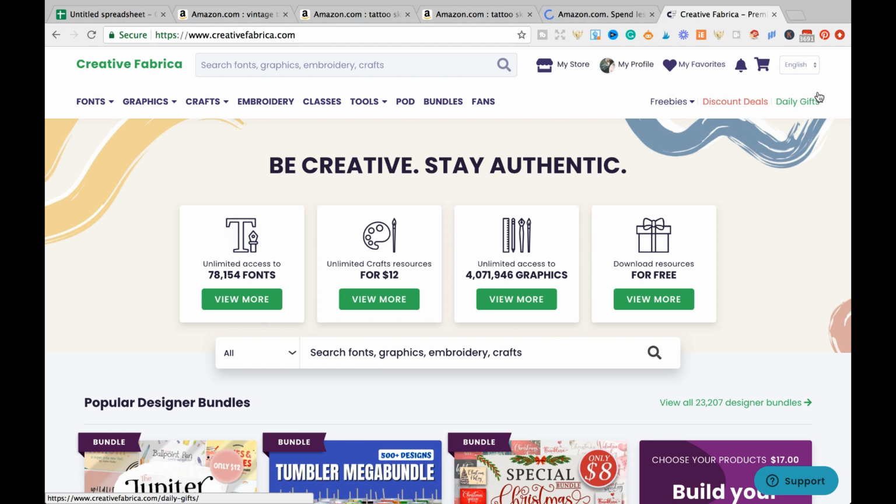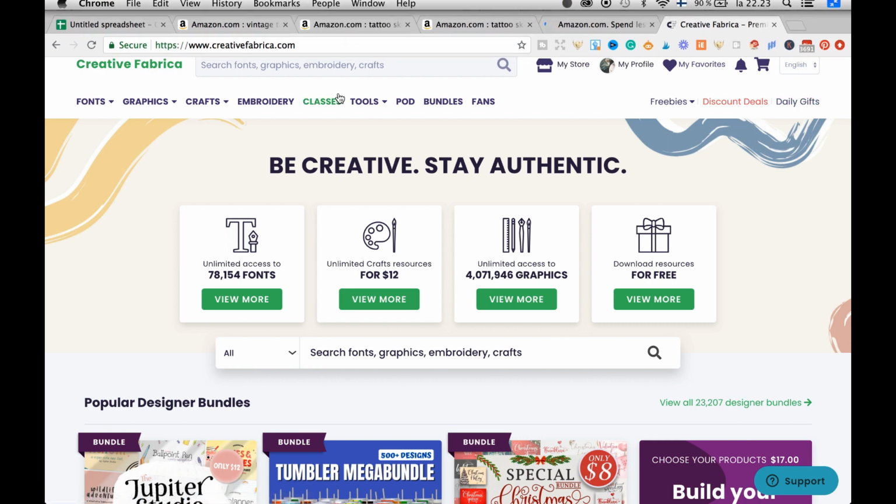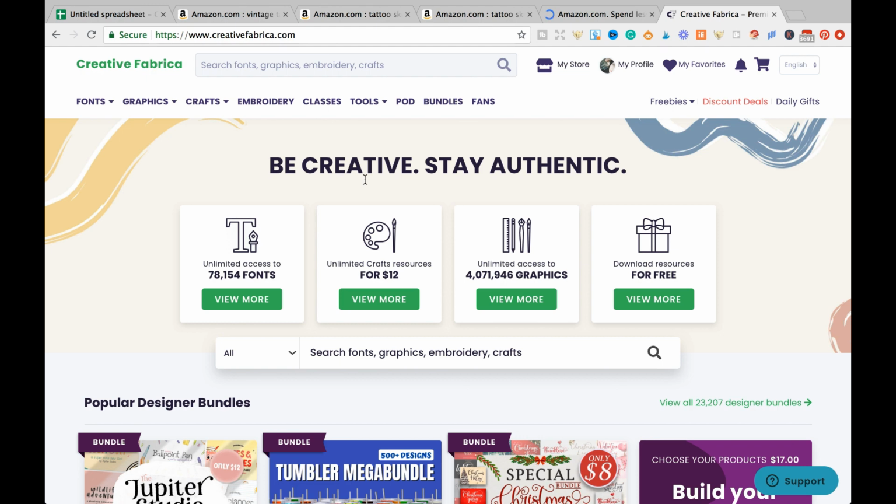You can get interiors, and my favorite place to get the interiors is from creativefabrica.com. You can also get them from Etsy, and you can get them from other places as well. But I rely on Creative Fabrica because it allows you unlimited access to interiors, graphics, fonts, and I do have